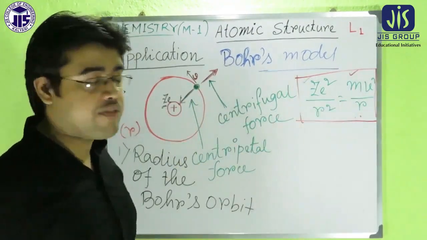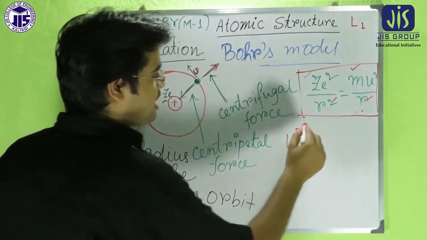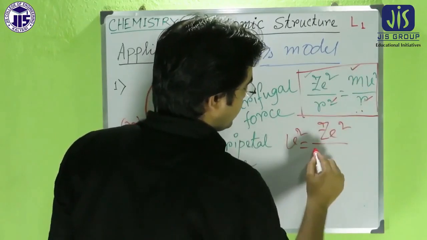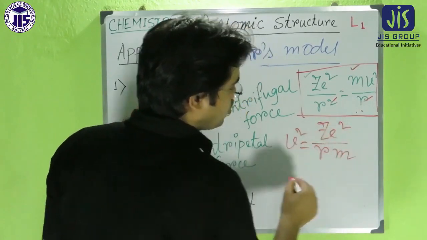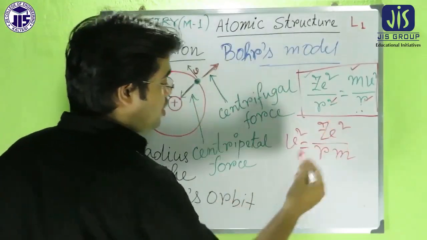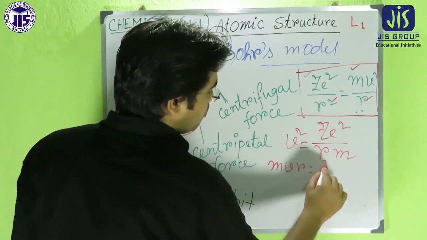It is the first equation, and from that equation v² = Ze²/rm. So here we get one equation, and another equation we also know,